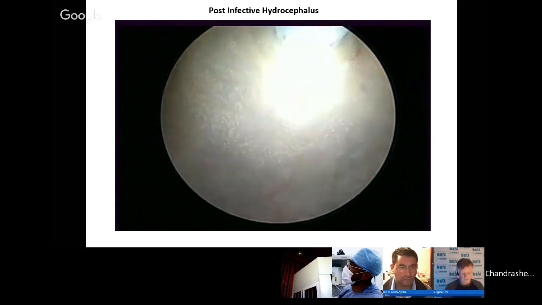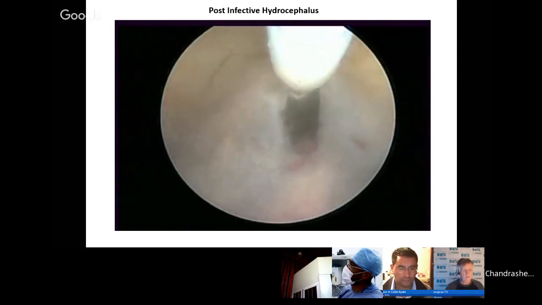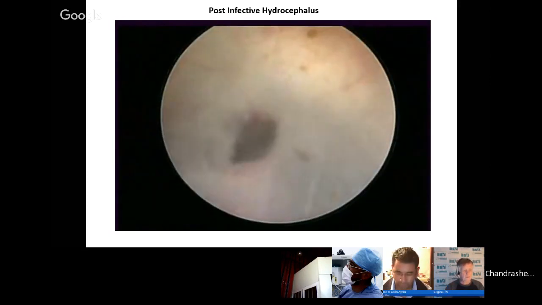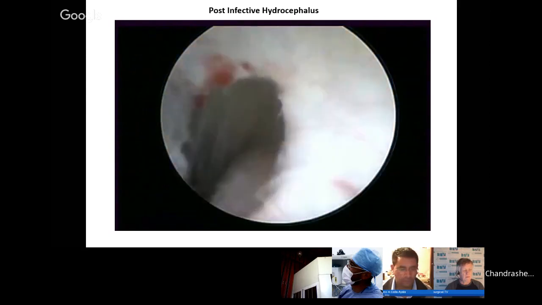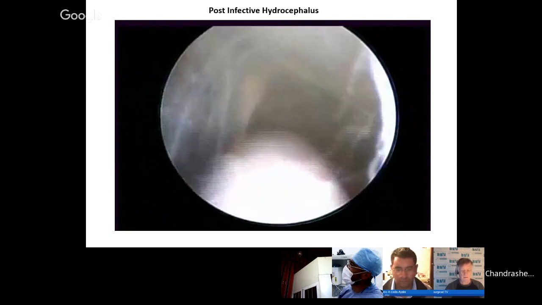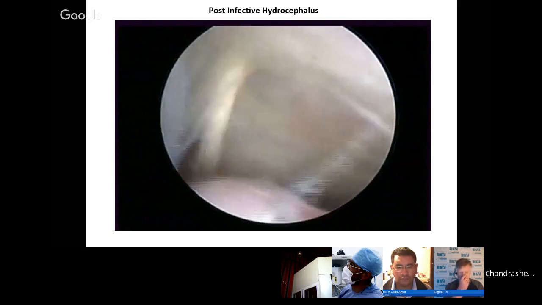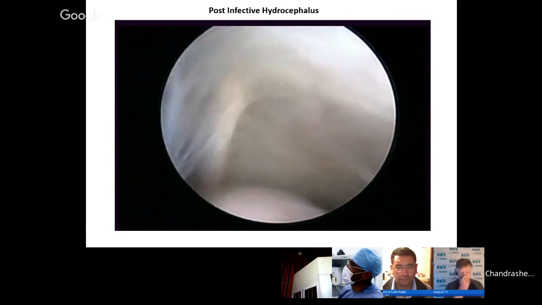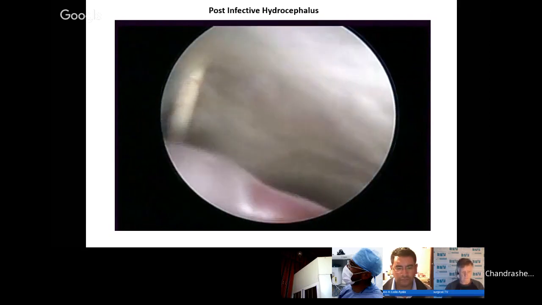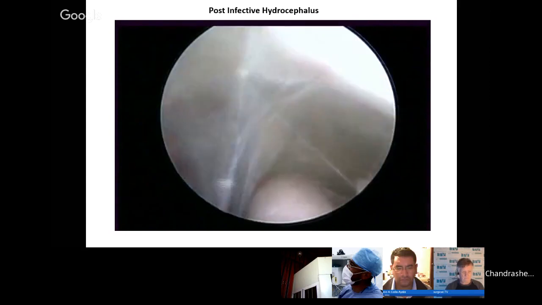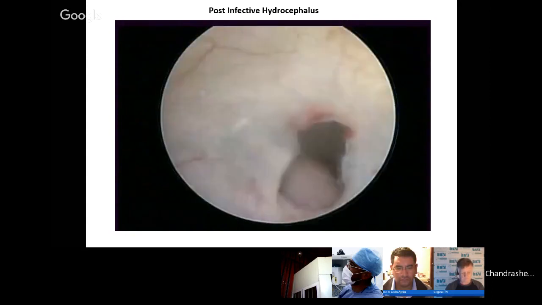Now, after this, it is equally important to see how bad is the scarring in the prepontine space, because if you really have a very scarred prepontine space, you may not be able to do it. If you have a lot of adhesions, like you see, and you are now seeing the 6th nerves on both the sides, and fortunately, I don't have too many adhesions here, and it worked out very well for this patient.